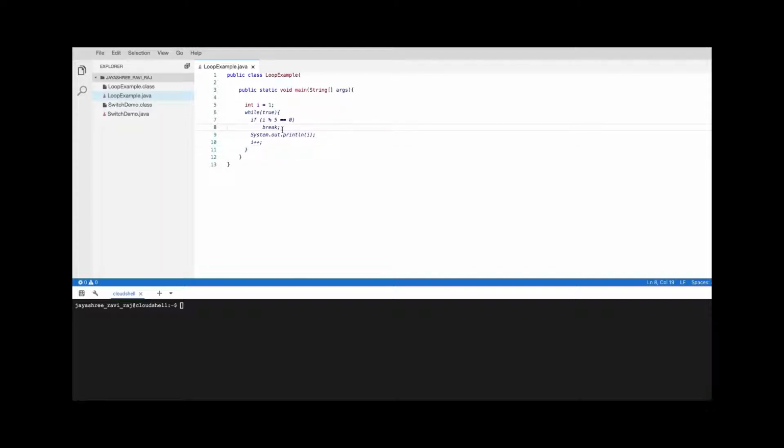So the moment it encounters a break, it doesn't execute any of the statements after the break is encountered, and instead it will jump out of the block. The block ends here, so it will jump out of the block and it will continue on with whatever statements are after this block. So that is the break statement. So let's say that you're now going to put one more statement, which is system.out.println